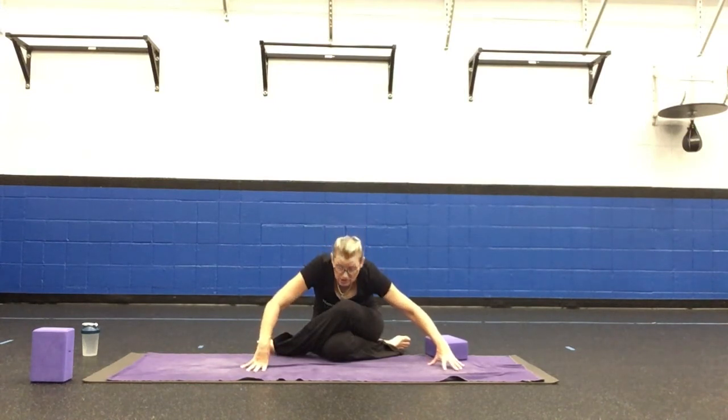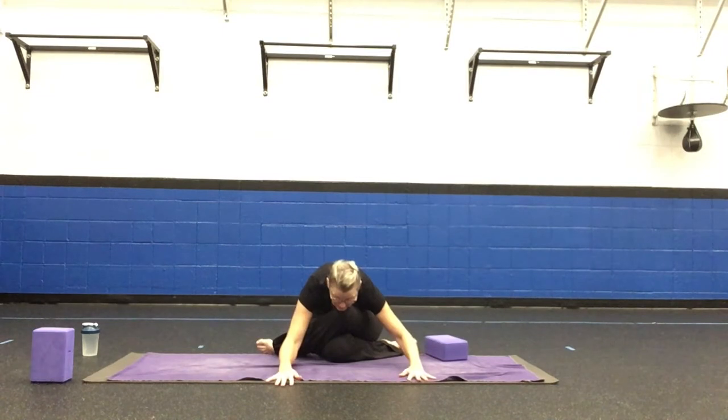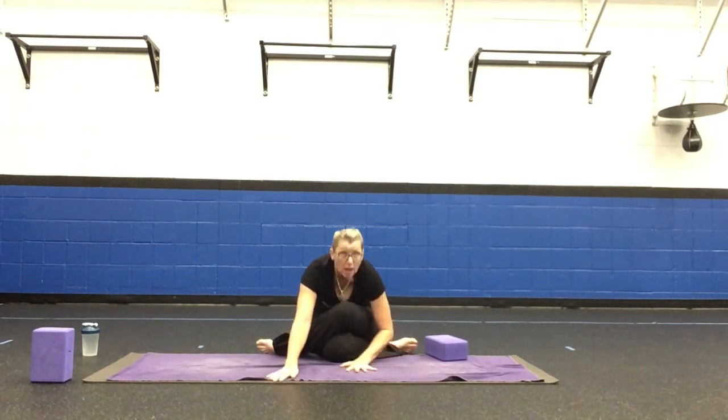Scoop your belly if you like, and take a forward fold. You don't need to, it's just an option. Really pull your belly in. Come up,